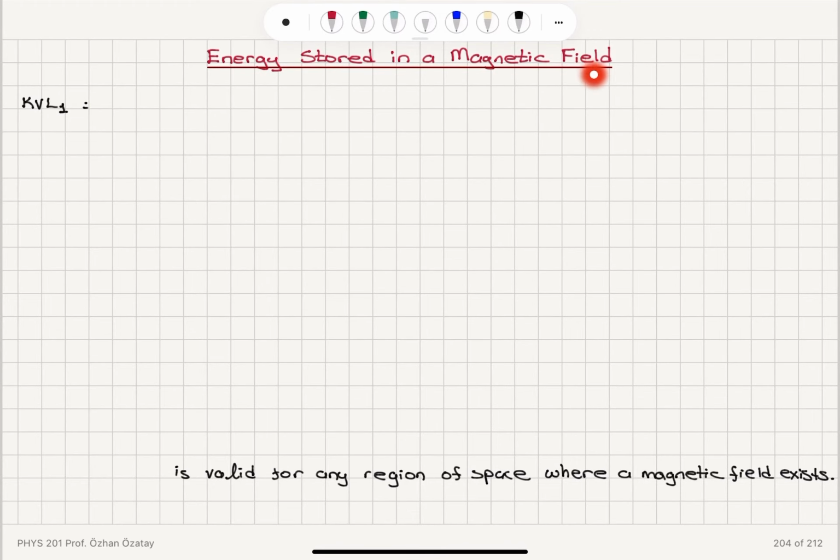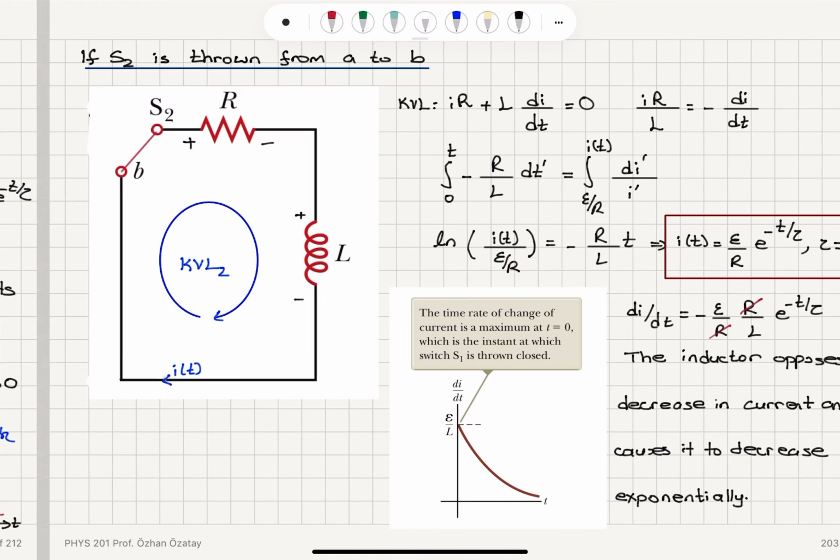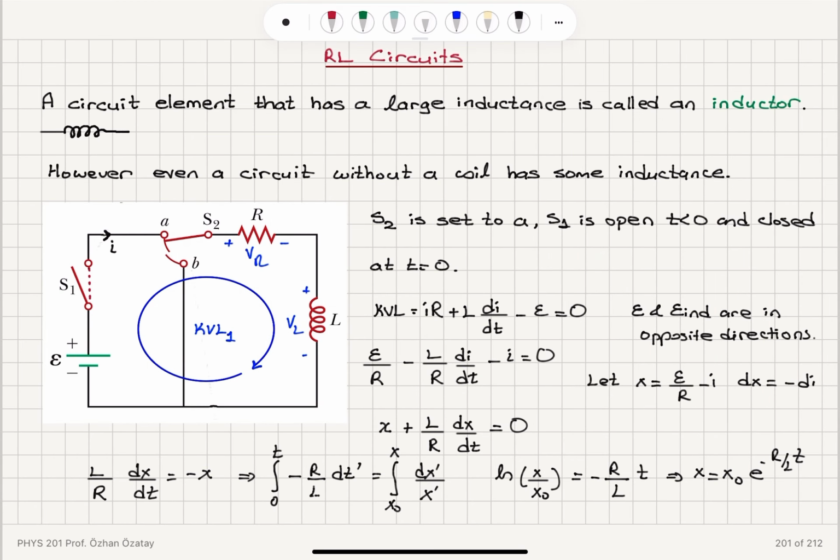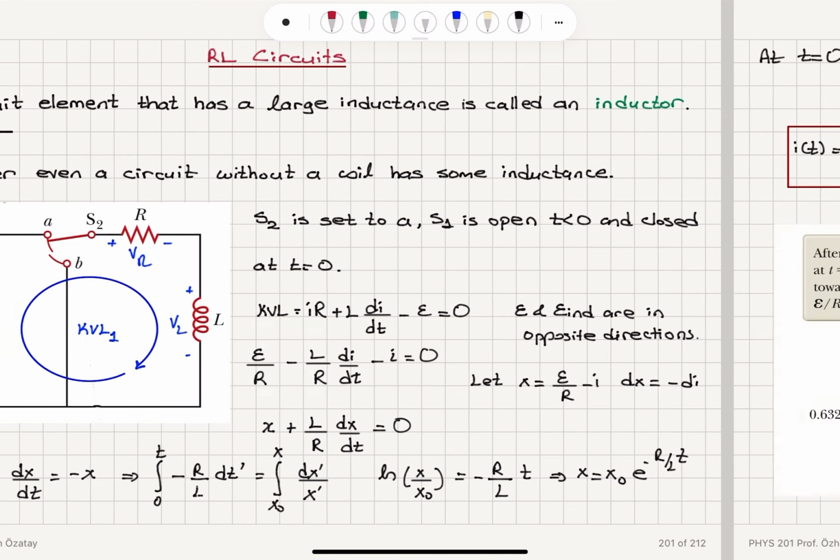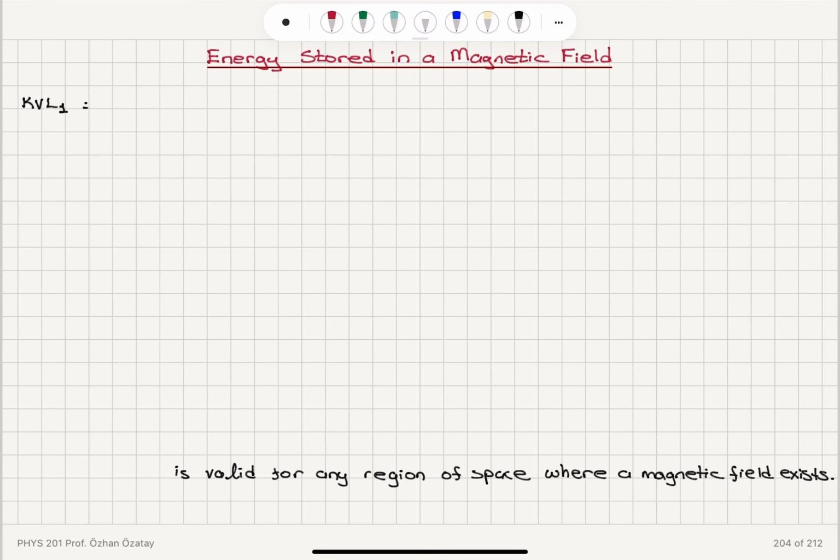Energy stored in a magnetic field. Now if we go back to our first case in the RL circuit when S1 was closed and S2 was at position A, so this RL was connected to the battery, we found this equation from Kirchhoff voltage law for this loop. And if I rewrite that equation here, it is epsilon minus IR minus L di/dt is equal